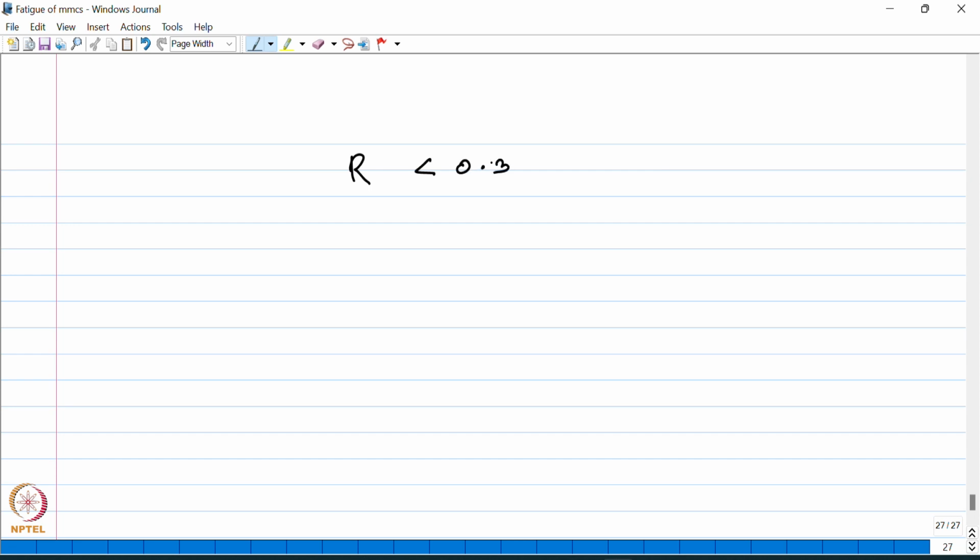And under such conditions of low R, it has been assumed that the introduction of the reinforcement phase results in a higher threshold, a steeper Paris region, and a transition to unstable fracture at lower delta K values. So these are the three assumptions, that due to the presence of the reinforcement phase, there is a higher threshold,